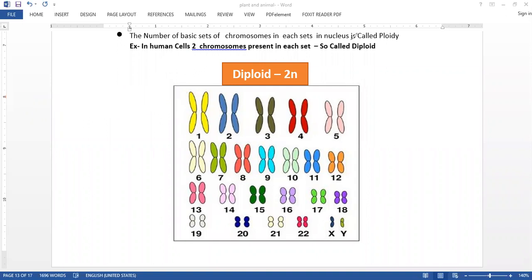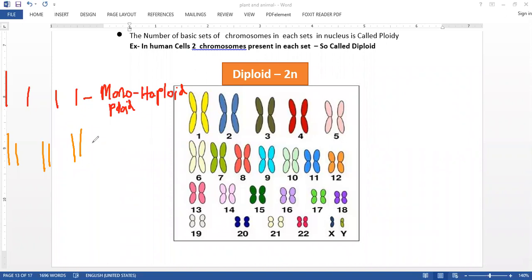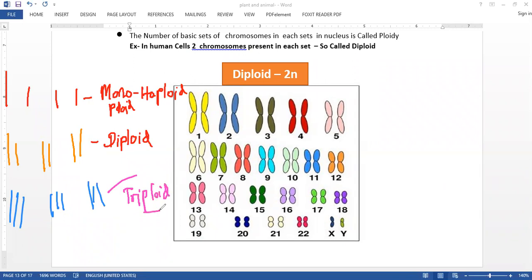If it is present as two sets, like here, this can be called diploid. And if it is present as three sets of chromosomes, three by three, we can say this is triploid. Monoploid or haploid can be given as N, this is 2N, and this can be given as 3N. And if it is present as 6,